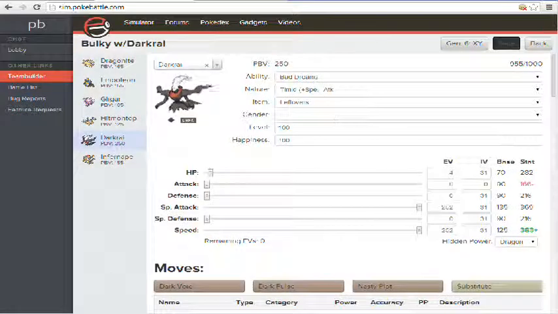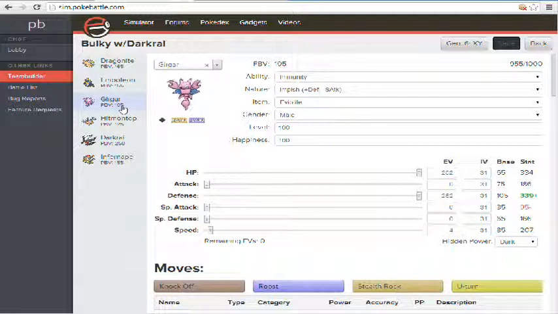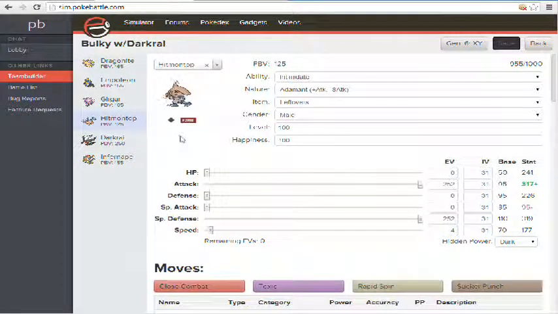Let's take a look at my team. I'm not really liking Hitmontop. I mean, he's great for Mega Lucario. Especially the ones that do run Ice Punch. These Gligar can't take Ice Punches very well. But at the same time, he's not that great outside of that. And that's the problem. I mean, I kill a few things. It's great, but